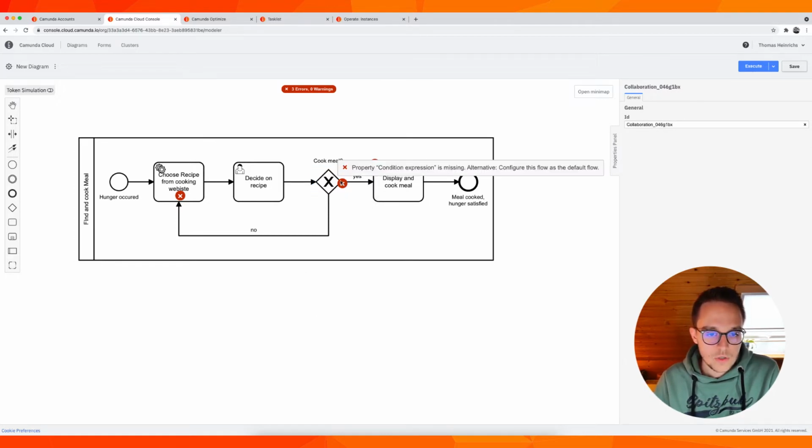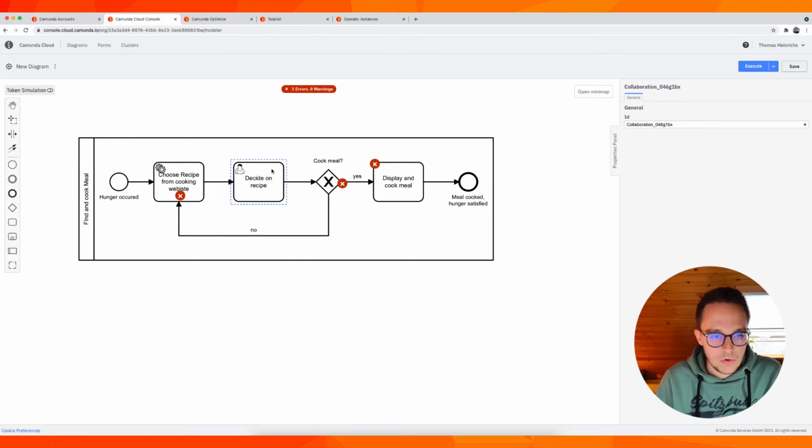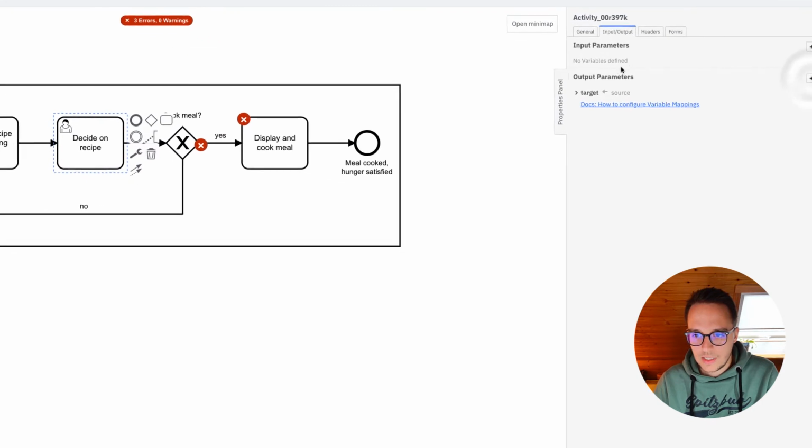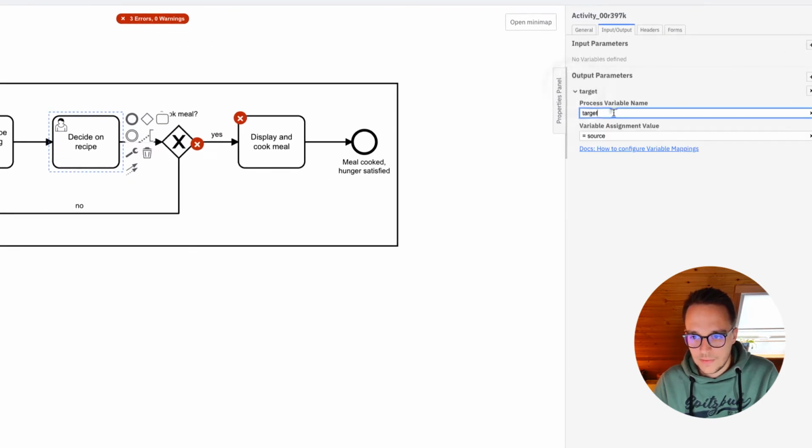In order to do a decision, we do need to configure some kind of expression. That's pretty important. And in order to decide whether we want to cook the meal, we need to access a variable which was set in this user task. So maybe we do need to define an output parameter right in here. So let's set the process variable